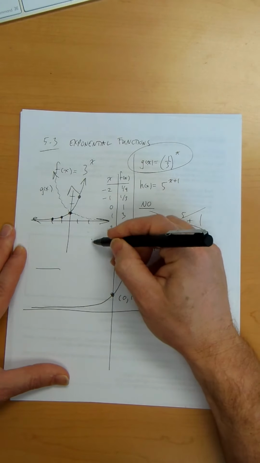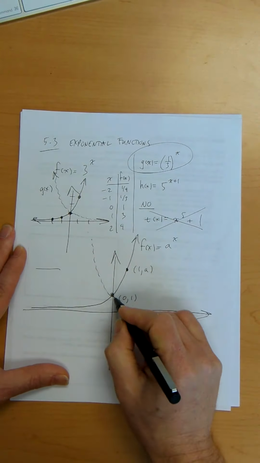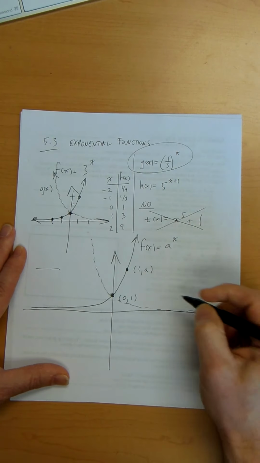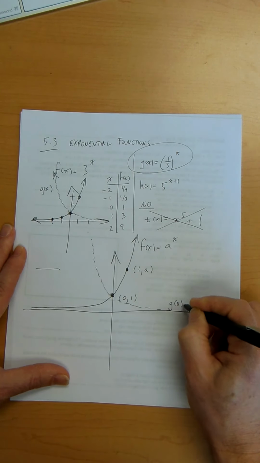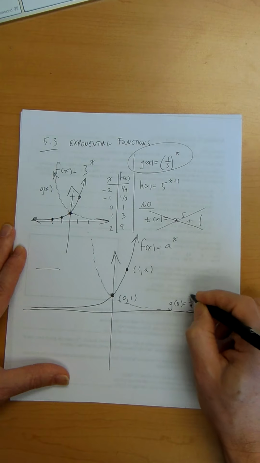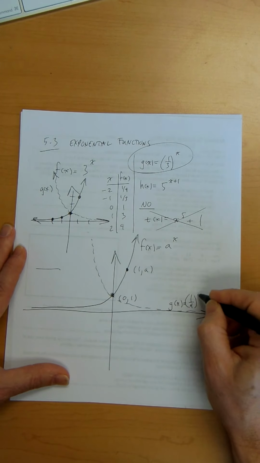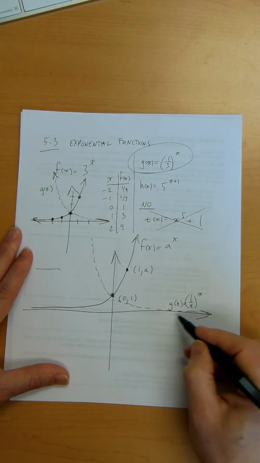Or, if I draw the reflection in here, if g of x is equal to a fractional base, I'll just write 1 over a to the x. I'll still go through 0,